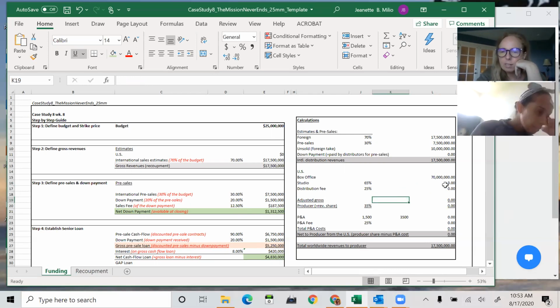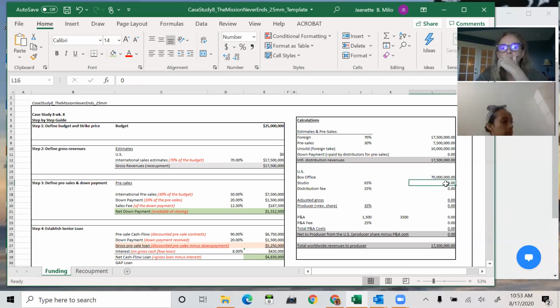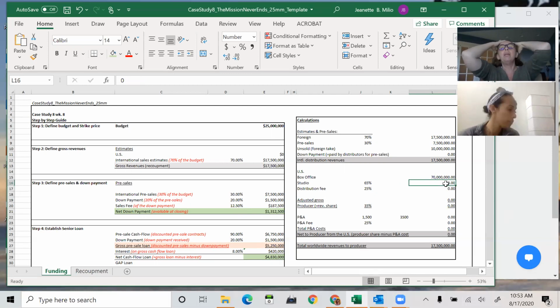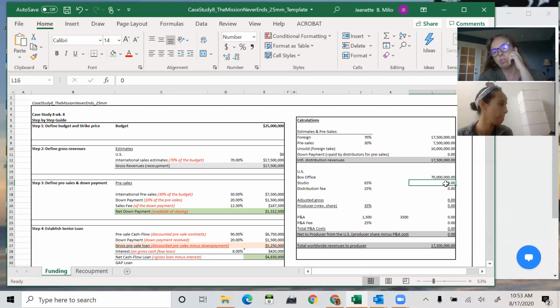How much of that is going to go to the studio? It will tell you how much the studio will actually receive from that box office, because we have to pay the exhibitors, the theater owners, some money from the box office. In every film that is released in any theater, the box office is going to be shared between the exhibitor and the studio. It's always the same. It just depends on what deal the studio has with the exhibitor to figure out how much that is. In our case, how much is the studio left with? What does it say there?